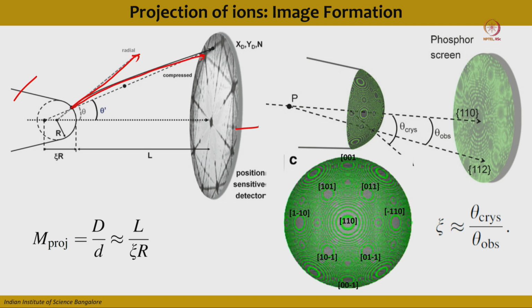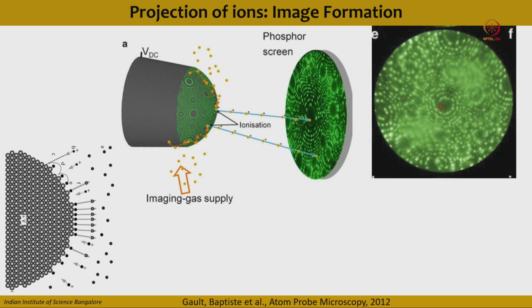So they will be compressed towards the central axis of the needle specimen or the phosphorus screen, okay. Now if you see these triangles,